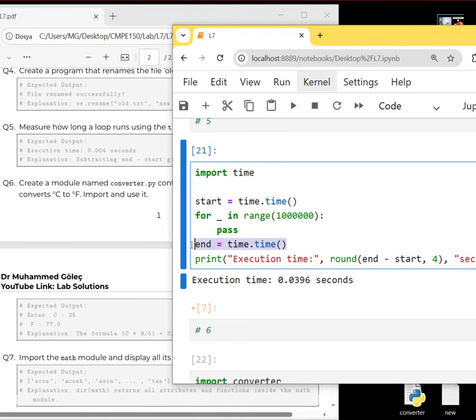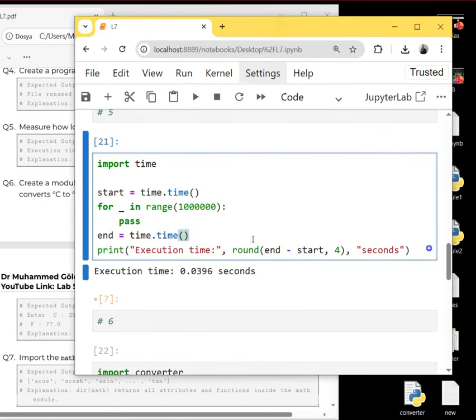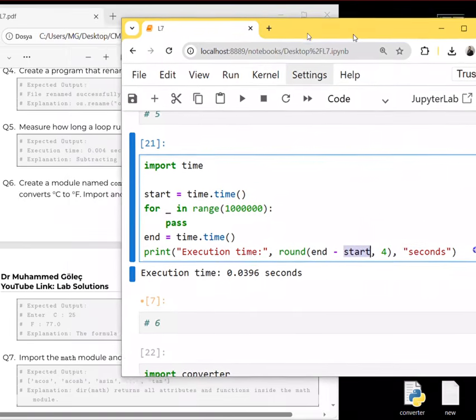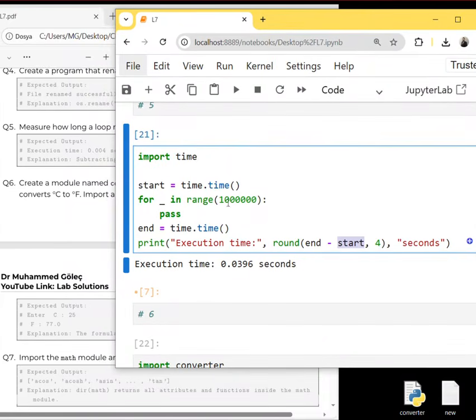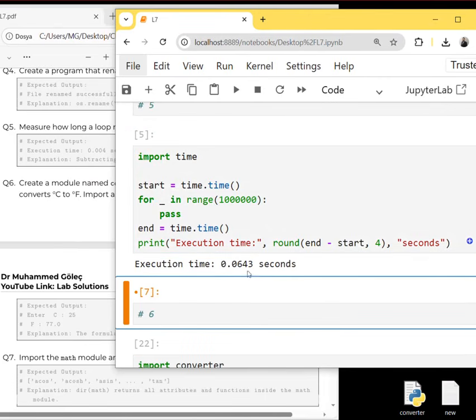And again, I calculate the time after the loop is done. And if we find the difference between the end time here and the start time, we can calculate how many seconds the loop took. So let's run it. As you can see,